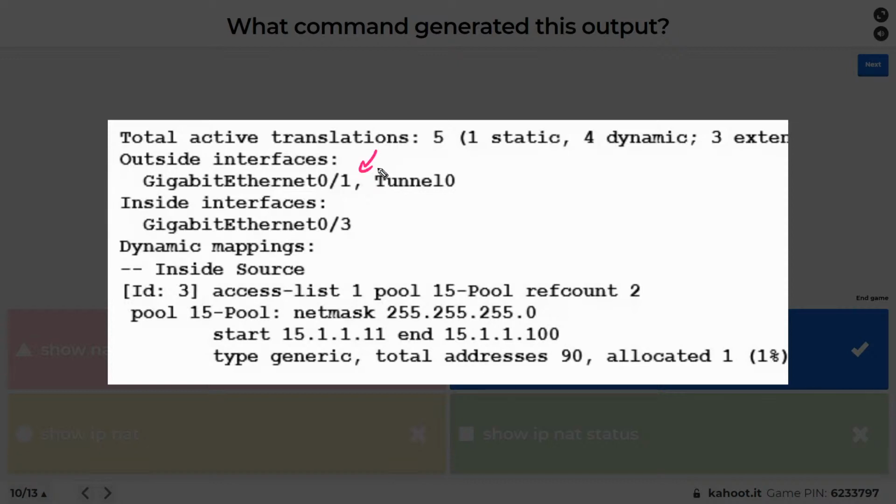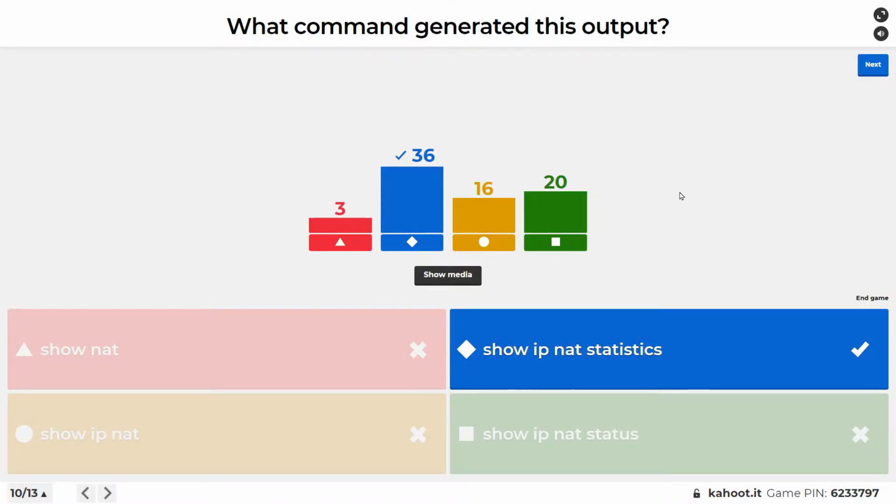So the interfaces for outside, interfaces for inside, the access control list saying who can permit what, and then the pool in use for handing out IP addresses, and the range is .11 to .100. So it's very likely a NAT, network address translation, as opposed to PAT, because we're not overloading. We're using a pool of addresses. So great tool. And let me clear off that. And we got 36 of us who got that right. All right, next time that comes around.